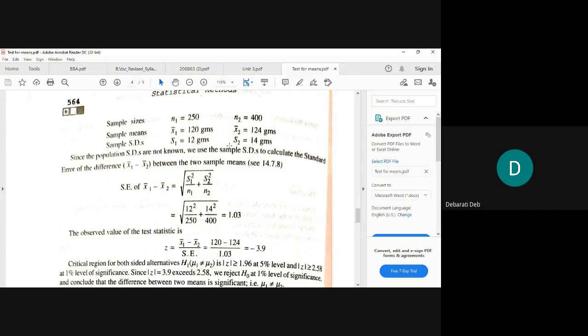So write down: since the population SDs are not known, we use the sample SDs to calculate the standard error